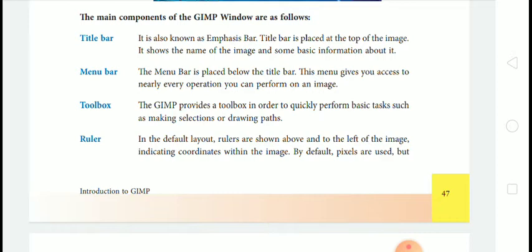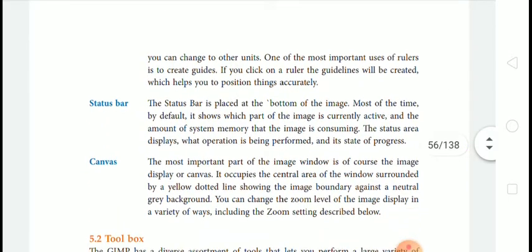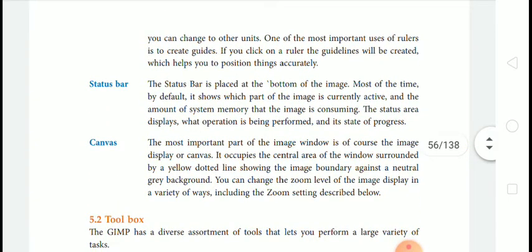The next one is the ruler. In the default layout, rulers are shown above and to the left of the image, indicating coordinates within the image. By default, pixels are used, but you can change to other units.